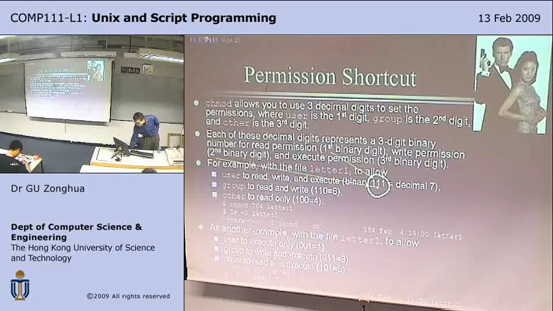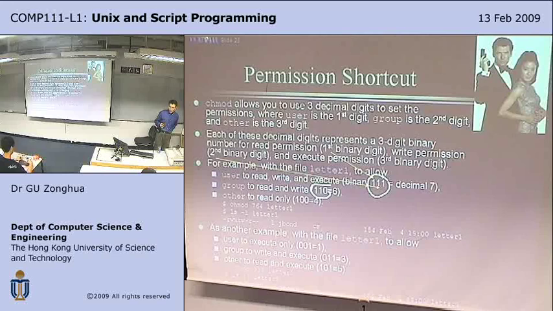So 110, which means that read is 1 granted, write is 1 granted, and execute is 0. Execute is not granted. So now it's decimal number 6. Binary read only 100, decimal number 4. So you can say chmod 764,